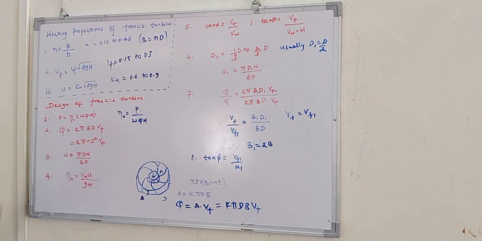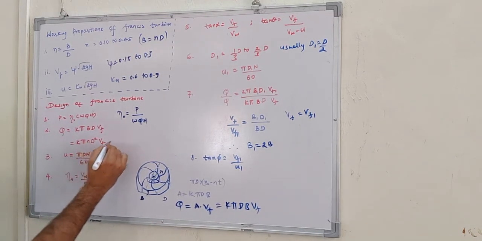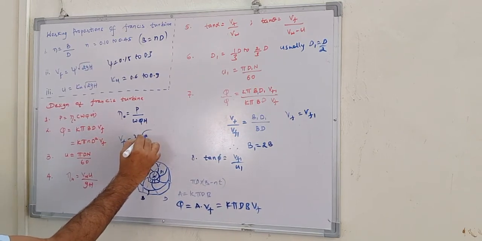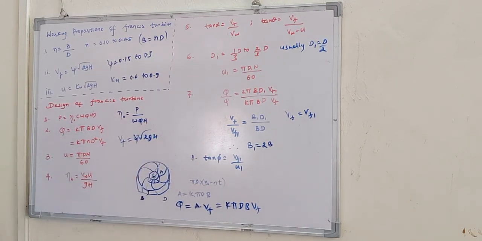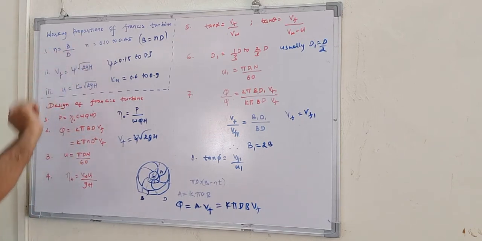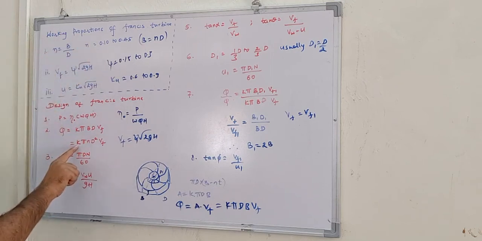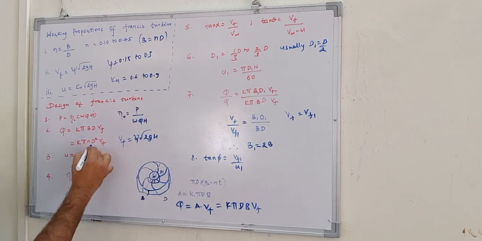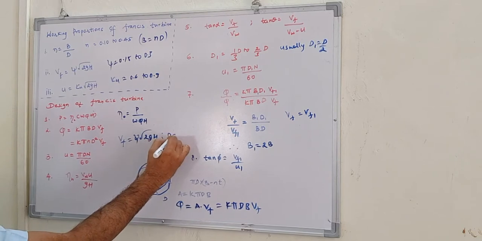Once you know the discharge, which we calculated in the earlier step, we use this equation. How do we calculate the velocity of the flow? From this equation: Vf is equal to xi into root of 2gh. We use this to calculate Vf. We know Vf, the n value will be assumed, the k value can be assumed, and you know the value of pi. So in this entire equation we will be calculating the diameter, d.